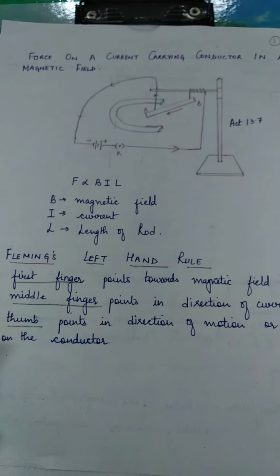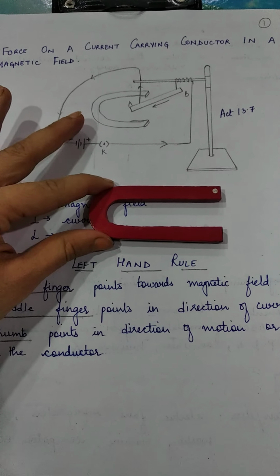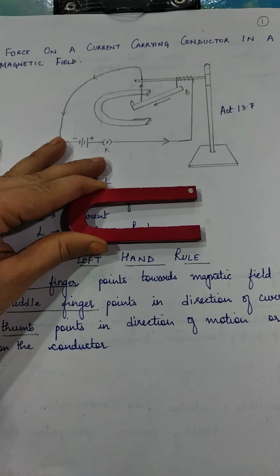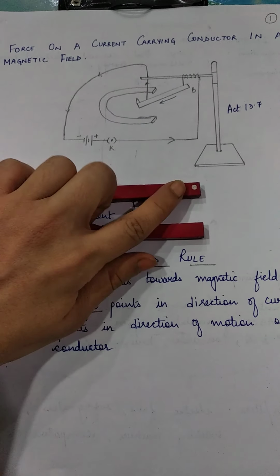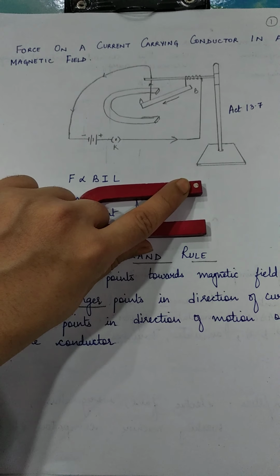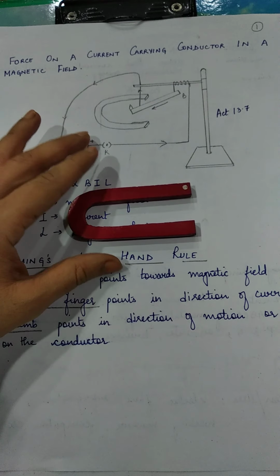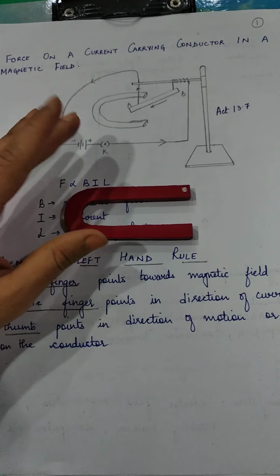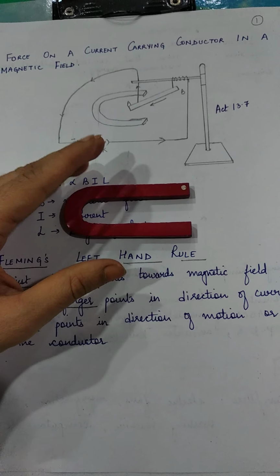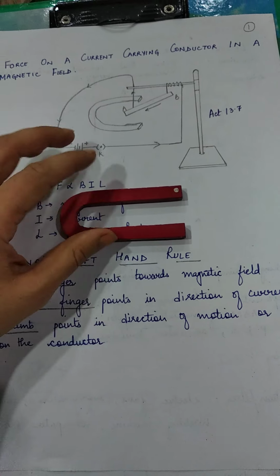Now, what is a horseshoe magnet? A horseshoe magnet is something like this. It's a U-shaped magnet having the properties of a bar magnet only. Here, as we know, this white dot represents the north pole of the magnet, and the magnetic field lines will be moving from the north pole to the south pole outside the magnet. So this particular pole represents the north pole.